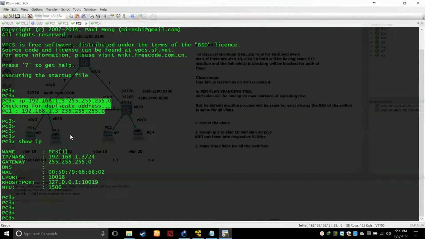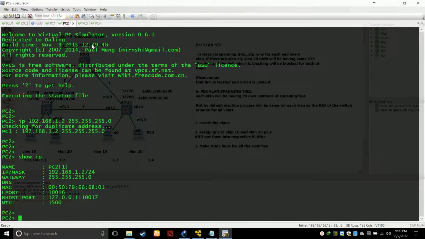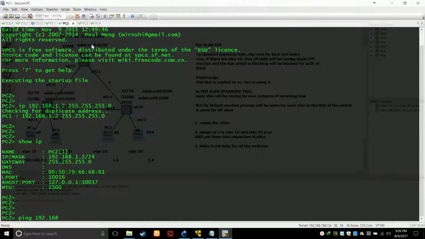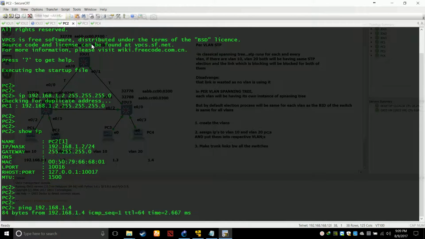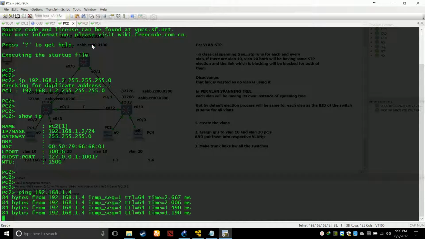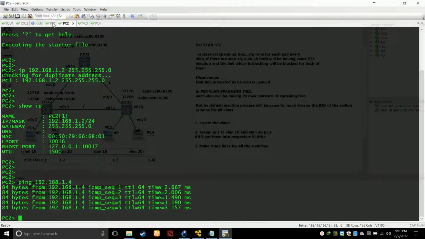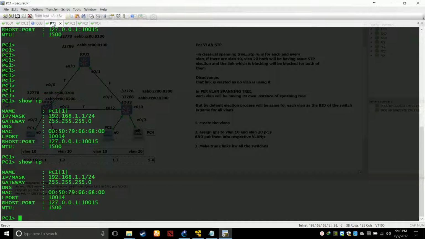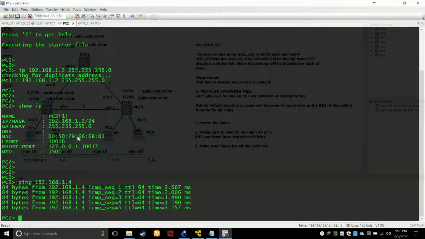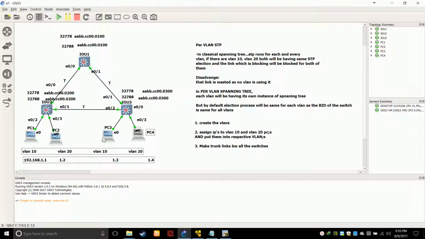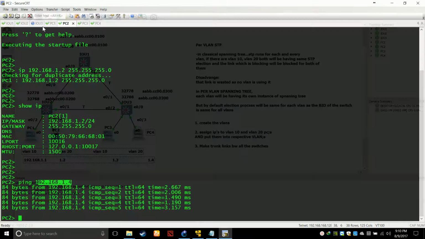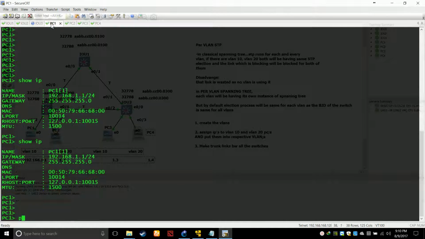Everything seems fine. Let's go to PC2 and try to ping 192.168.1.4. They are pinging. So what is happening? VLAN 20 to VLAN 20 is pinging. Let's go to PC1. From PC2 we pinged 1.4, because we were sitting on 1.2 when we pinged 1.4. Both are in VLAN 20. They are pinging. So let's go to PC1 now. Ping 192.168.1.3.